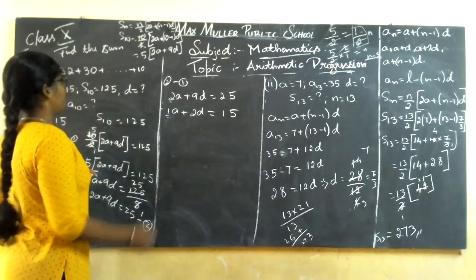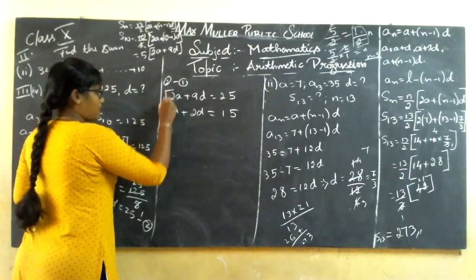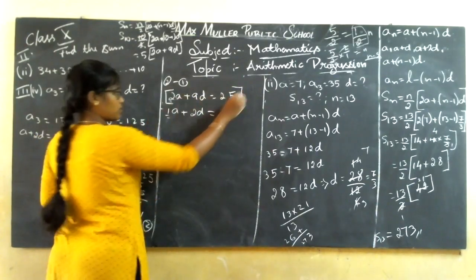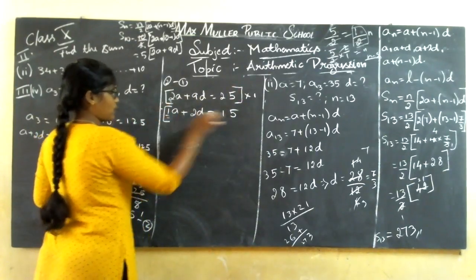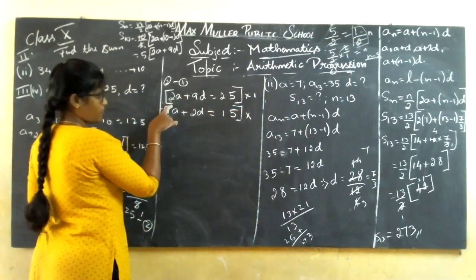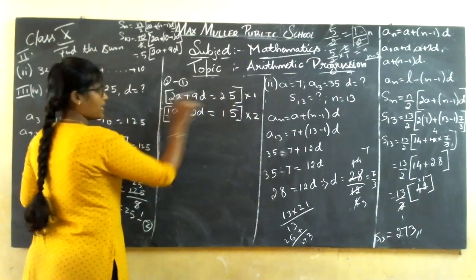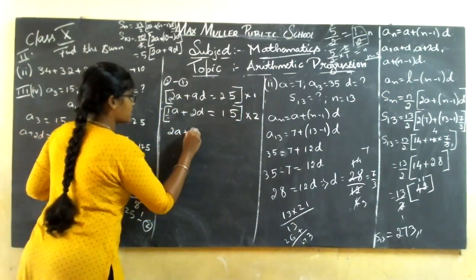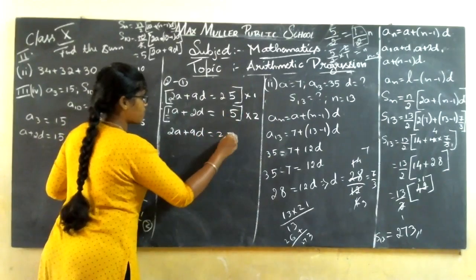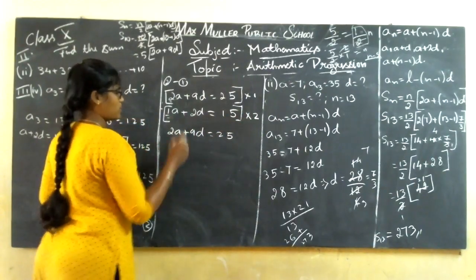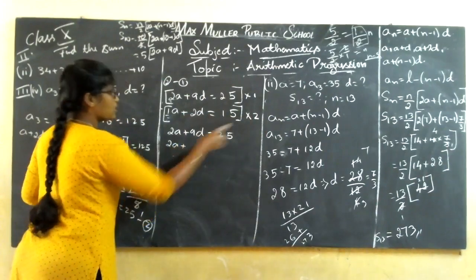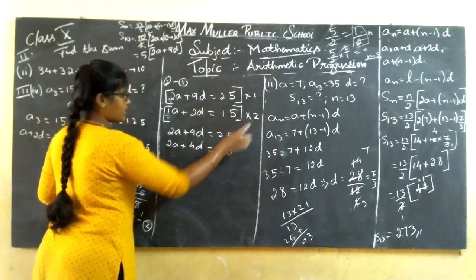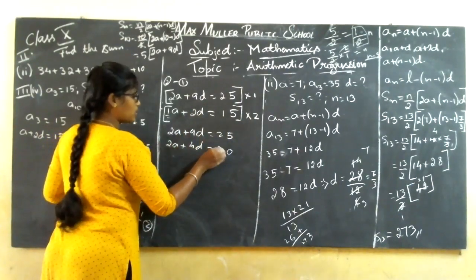So I am going to multiply this equation with what is the coefficient here? 1, into 1. And this equation with what is the coefficient of a? It is 2. So what do I get? If you multiply the whole equation by 1, it remains the same. It is 2a plus 9d is equal to 25. If you multiply this whole equation by 2, it is 2a plus 2 2s are 4d is equal to 2 5s are 10, 1 carry, 2 1s are 2 plus 1.